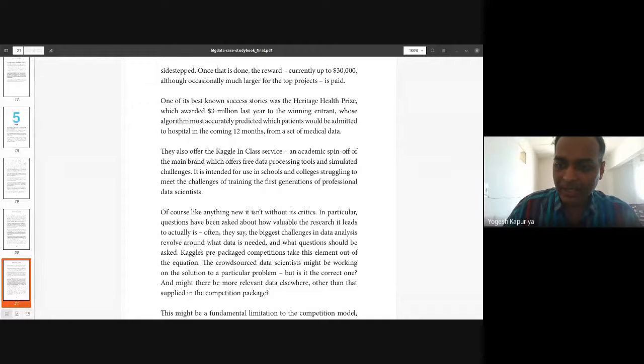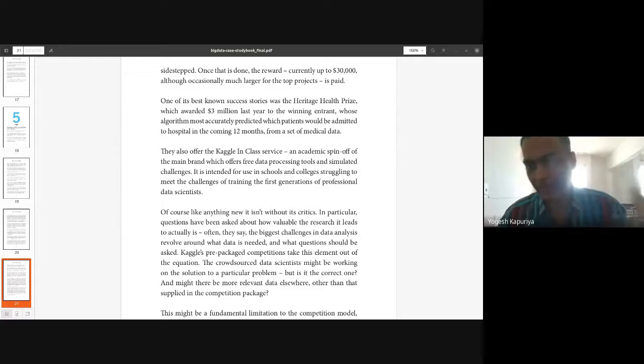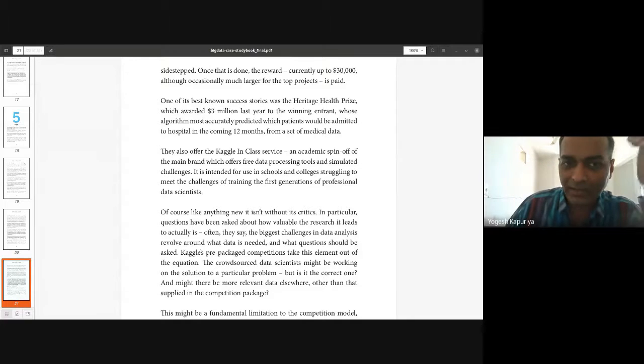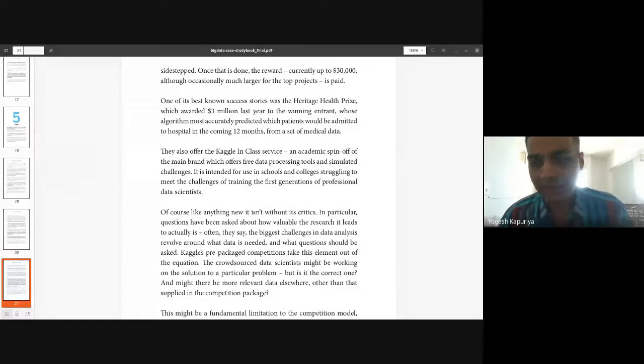Basically, I am writing a piece of code for some task which is known to me, but in the background there is another client of Kaggle who actually requires the output of that task for another task. So I am actually a developer for Kaggle if I post something on that, and I'm being paid for that. That's how their business model works.